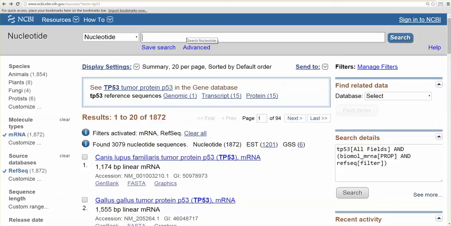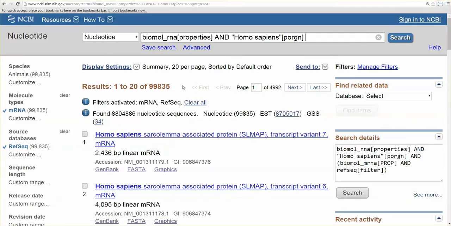But if you know how to use this search box, you can actually get every single RNA. So you can do biomolecule RNA with the properties tag. And in addition, you can choose your organism, and you can use the primary organism tag. Okay, and now that gives us 99,000, almost 100,000 mRNAs, which are RefSeqs,